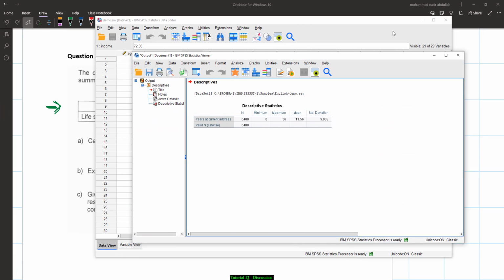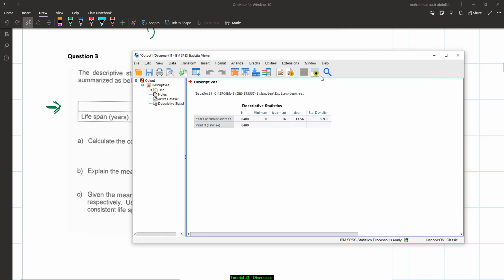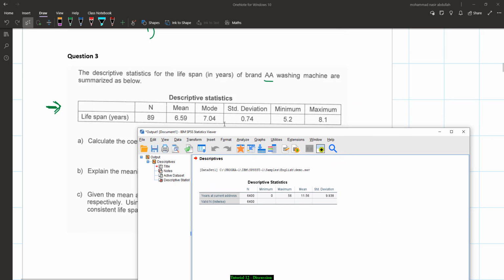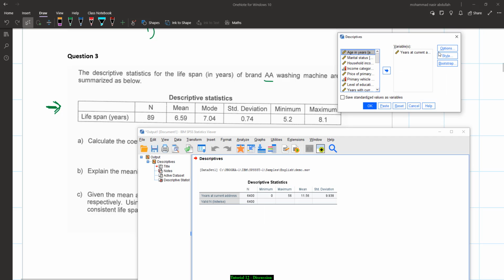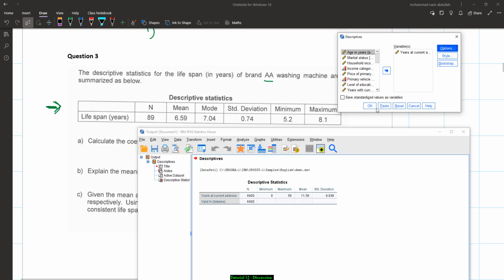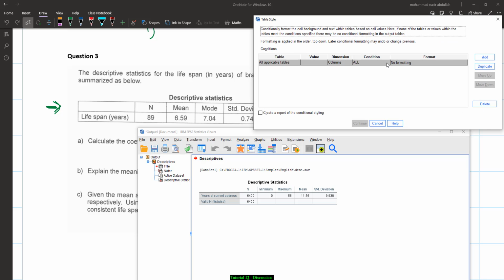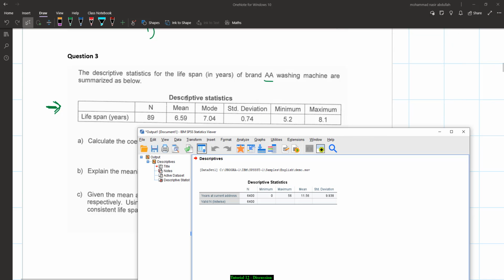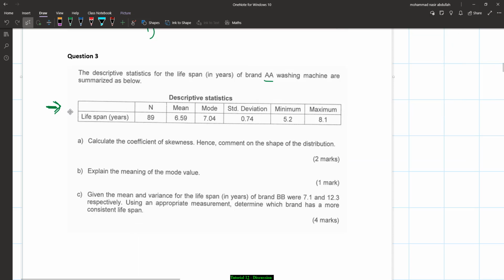So macam ni lebih kurang benda yang sama, cuma dia ada lebih mode dekat sini lah, right? Let's see whether we can call mode dekat sini. We don't have mode here. Lebih kurang, right? Because result yang daripada SPSS version, older version lah. So now let's look at this